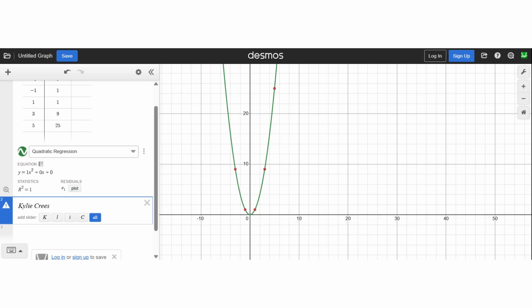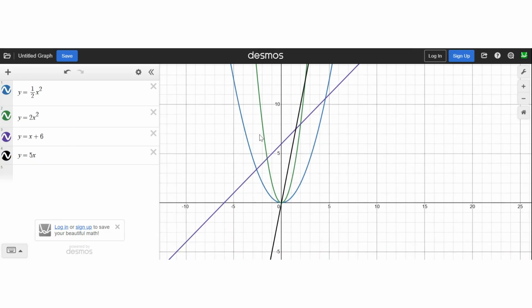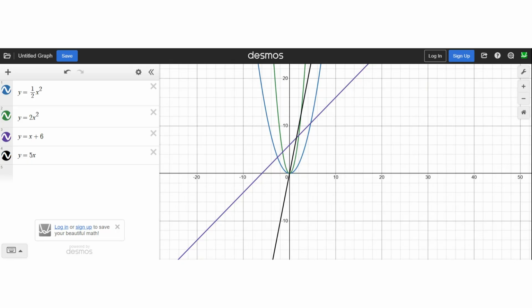So this one says, which function changes at the fastest rate as the value of X increases? So I went ahead, typed them all in here, and we're trying to see which one of these changes at the fastest rate. So when we're looking at the steepness of a line, the fastest rate will be like the steeper line, the one that goes up the quickest from left to right. So looking at that, I'm going to take a screenshot of this. We're going to move it over to kind of get an idea of how I'm going to explain this. So you can visually see this from